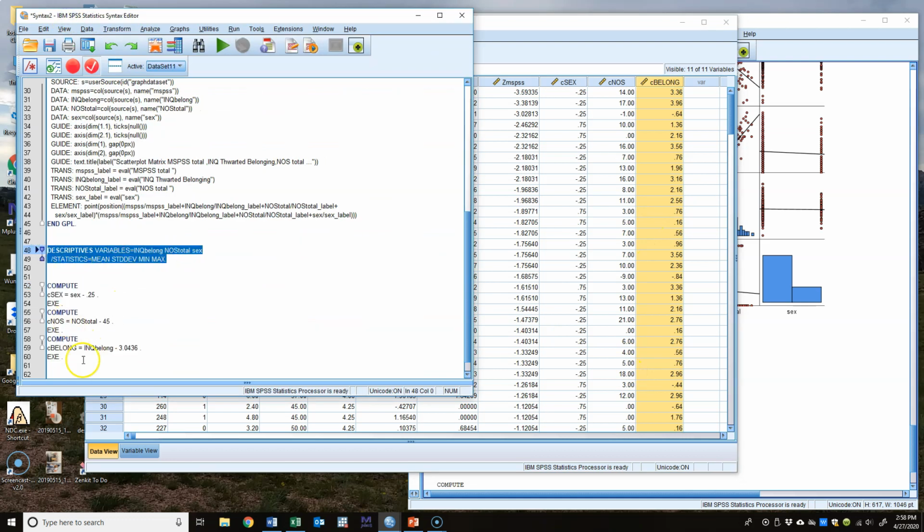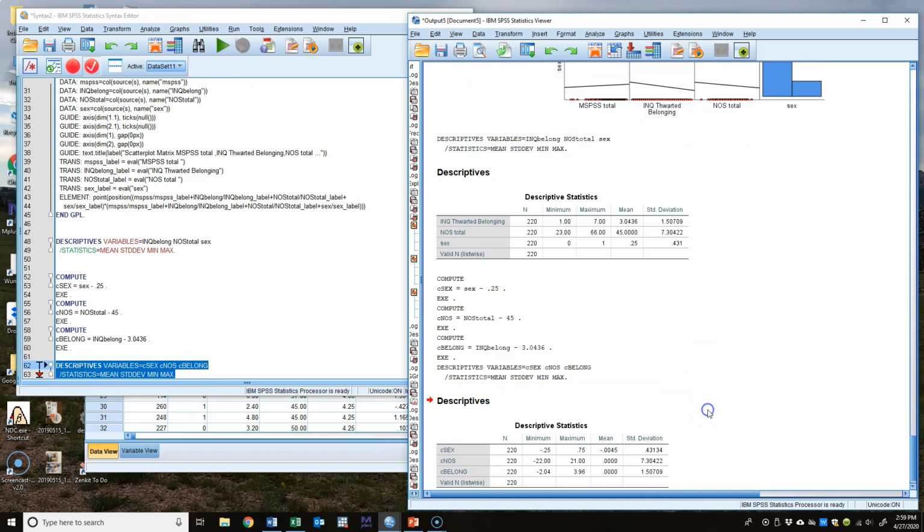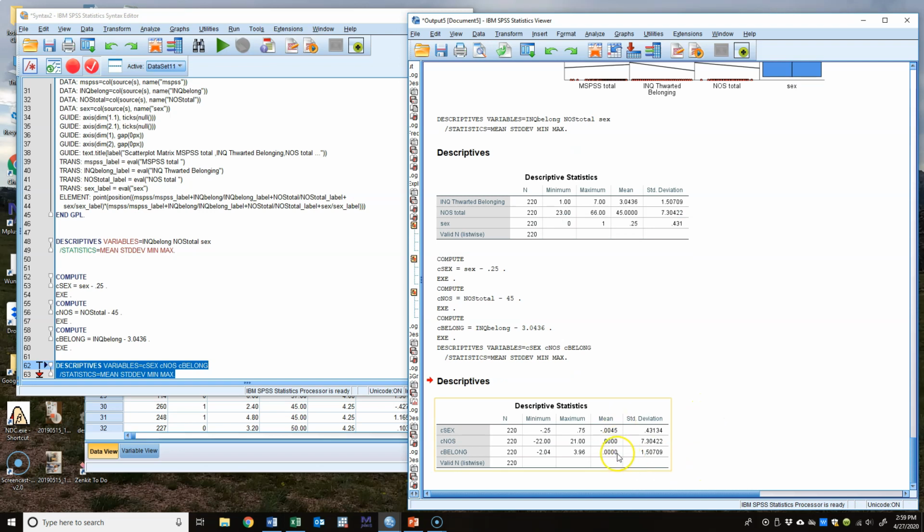And then what I'm going to do is go through and just check to make sure I did this right. So I'm going to look at descriptives for centered sex, centered NOS, and centered belongingness. Okay, so if I go through and run my descriptives here,